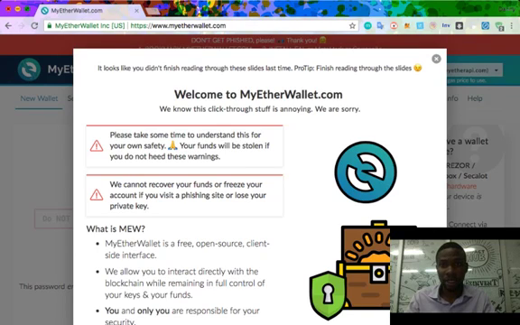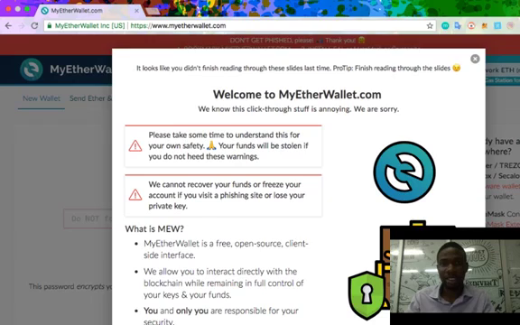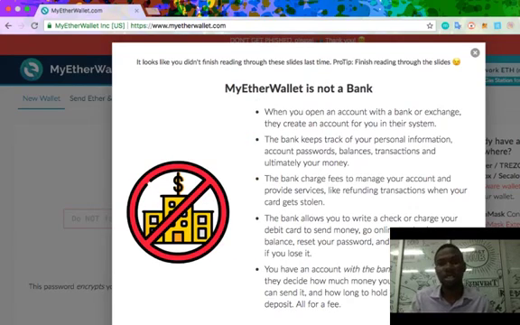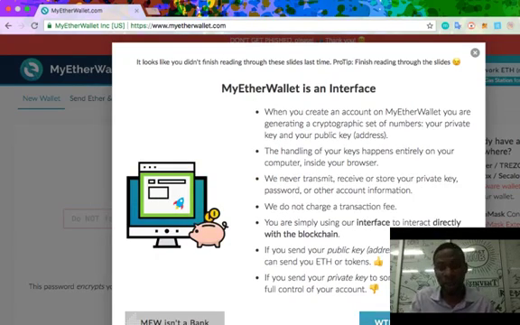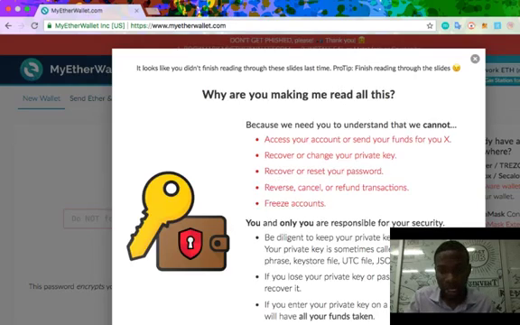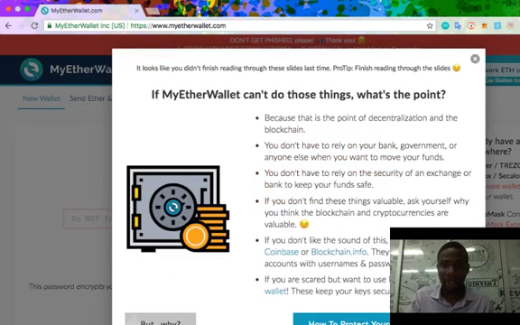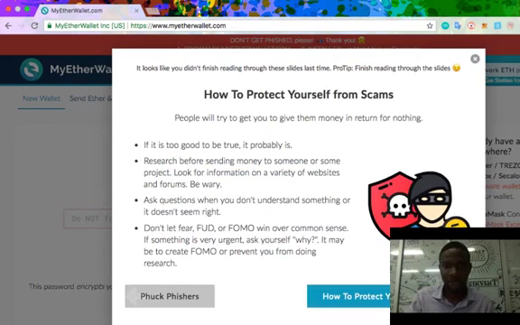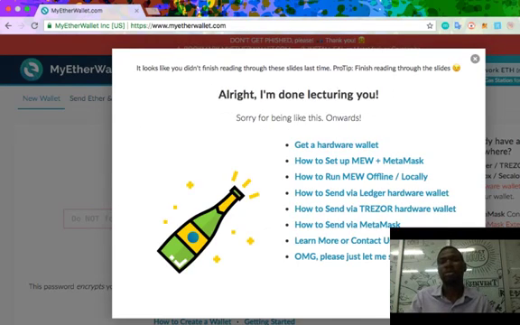create the first wallet. As you can see, anytime you open myetherwallet.com, this is the message that pops up. They tell you, welcome to myetherwallet.com, this is not a bank, blah blah blah. You are responsible for your own security. It's very important that you read all this information so that you understand why your security using the blockchain is very important. Okay, so once you've gone through everything, click on done,